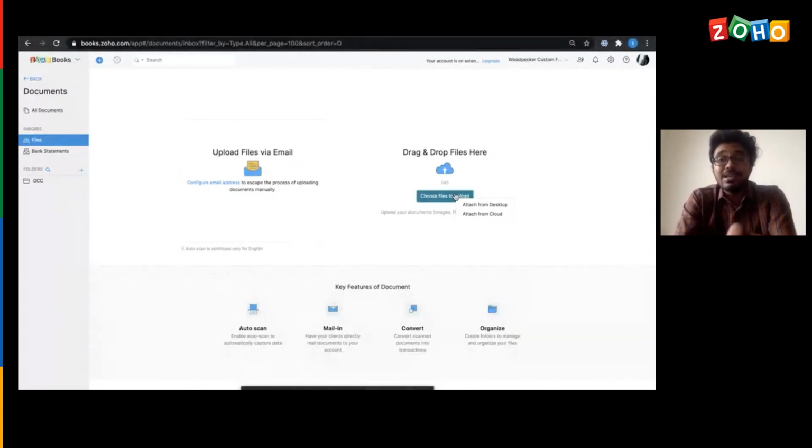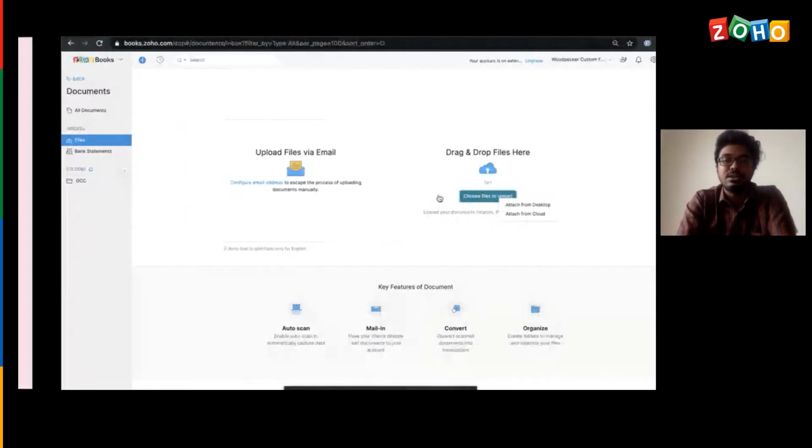We are also planning to extend this to other modules. So this is what the auto scan feature could do. Also, we have options to upload the documents for each and every transaction that you post. Say you have received a purchase invoice from your vendors, and you wish to have those associated with the purchase transactions that you create in Zoho Books. We have that option to upload the document into the system, and we can have it associated with any of the transactions that you wish to.